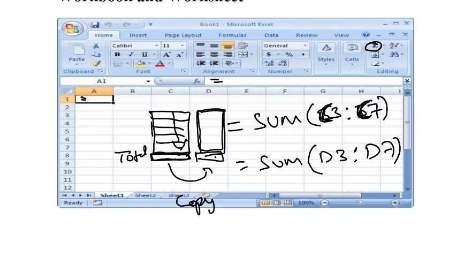What do I explain here? So this is an example of relative cell reference. The row remains the same, only the column gets changed. So related to that, it will automatically change. So this example we can call relative cell reference.